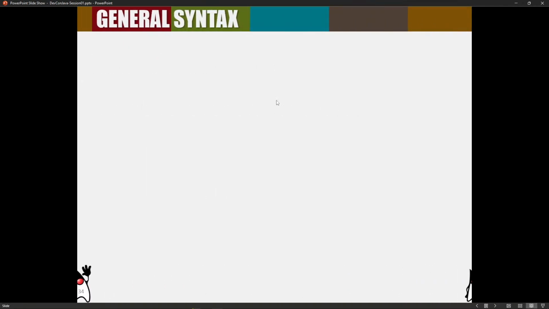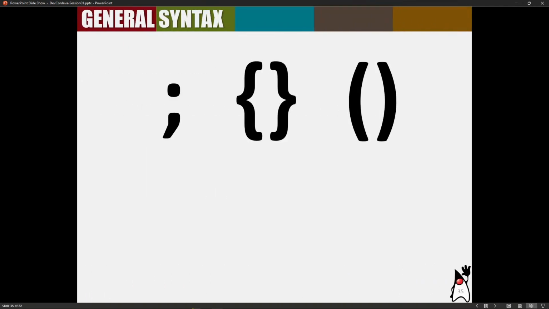This is the part that other programmers also hate about Java, because of all this syntactic sugar or something like that. Because of all of these characters or symbols, it maybe causes them frustration. I'm not sure why. So what do we use the semicolon for, what do we use the curly